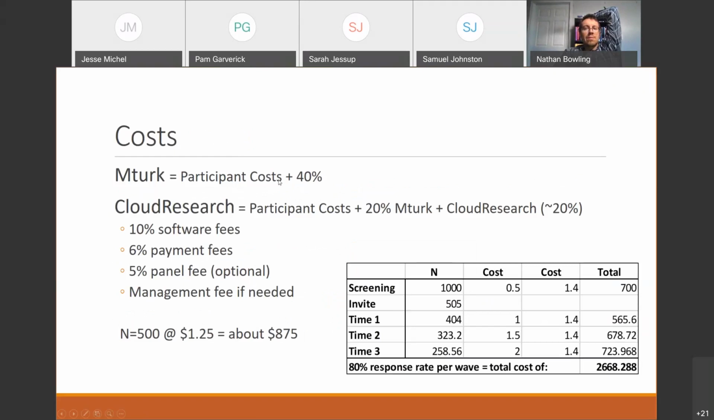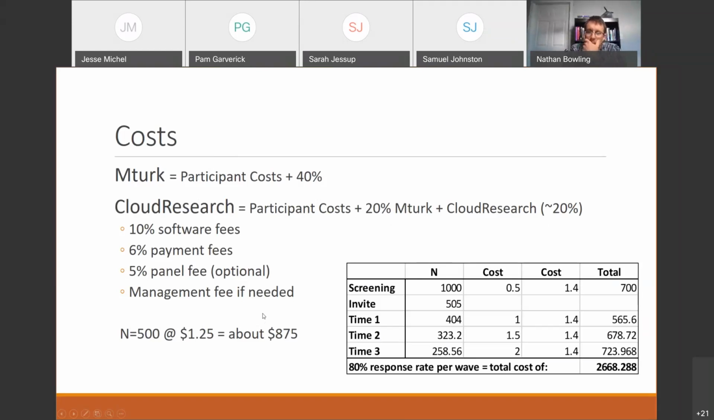So whatever you pay the participants, say if you pay them $1, you're then going to pay 40% on top of it. So 1,000 participants for $1 is going to cost you $1,400. Cloud Research isn't going to cost you any more, especially if you do that hyper batch, but it's going to turn out to be about the same because you then pay a Cloud Research fee. So their software fees, their payment fee, their panel fee. It turns out to be, if you don't do the panel fee, it's a little less,